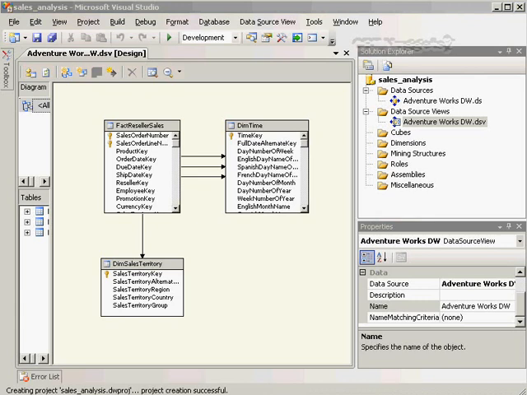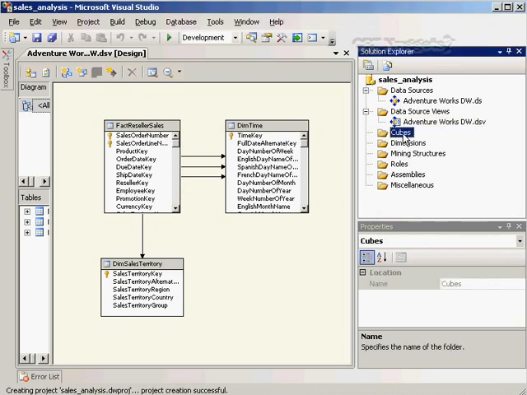Yes, well, that is our data source view. Now the next thing we can do, there's two ways we can do this. We can just delve right in and create a cube, and it will prompt us for what are the dimensions and so on, or we can go through this and create things manually. I'm going to show you the manual way first, just so you can understand how all the different pieces fit